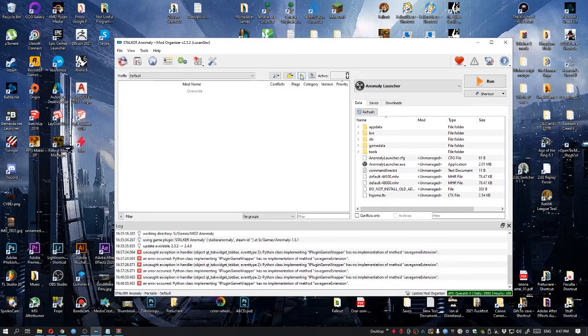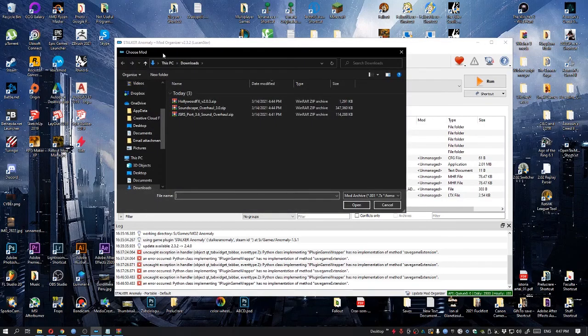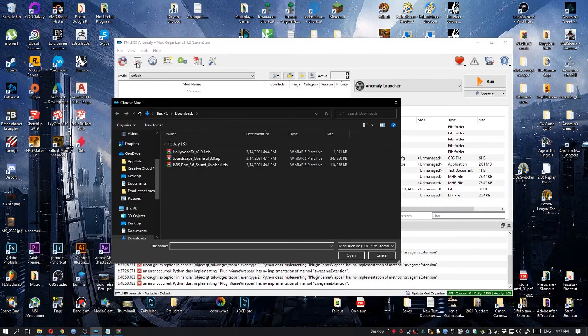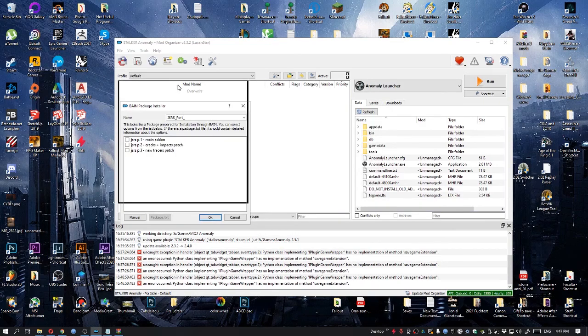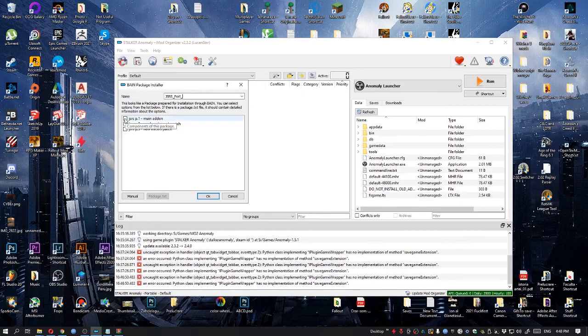Now adding mods in MO2 for Stalker has to be done manually, but it's still a better version using MO2 rather than actually putting the mods manually in the folder and overwriting things. This way, you just go over here to this icon and you select the mods that you want to put in. For this first part of mods, I am going to install 3 sound mods and effect mods, JSRS,